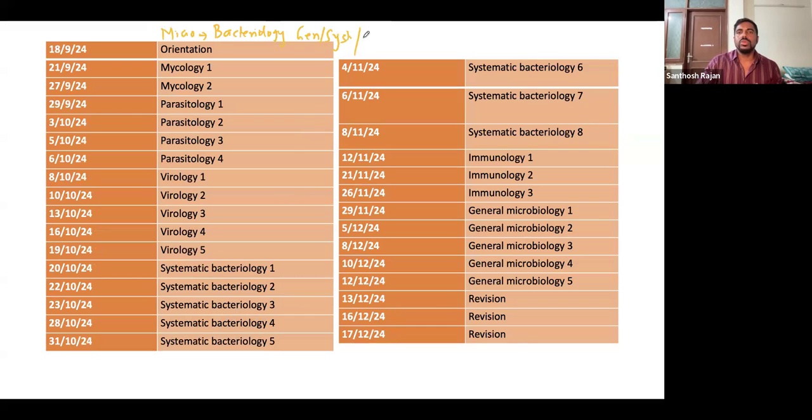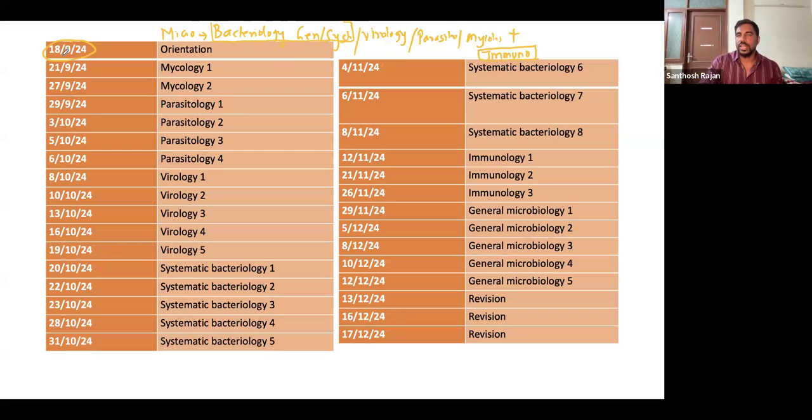Followed by bacteriology, the next topics would be virology, then parasitology, and then comes the easiest one, mycology. With this, the most important topic, which people find difficult, is immunology. Immunology is also equal to bacteriology in weightage, a very good weightage. So what we have decided is that we have derived a class listing, and it's going to start today.